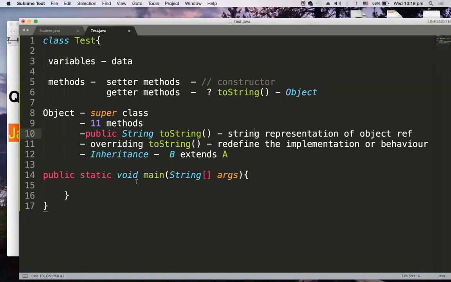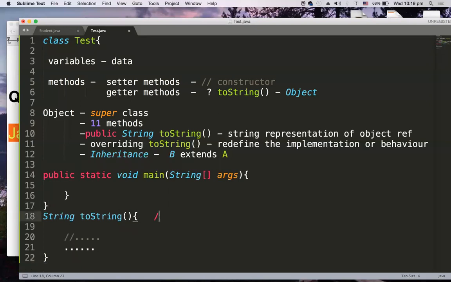What I can do now is redefine the behavior or the implementation of the toString method. That means I will write something like this, String toString. It has a predefined set of behavior which is available in the object class, but what I can do is have my own behavior written for this.